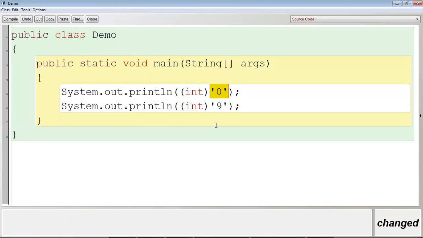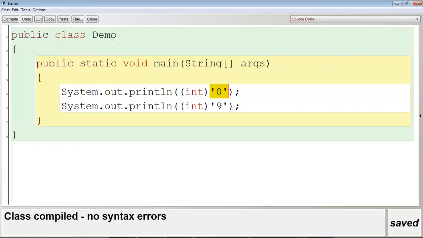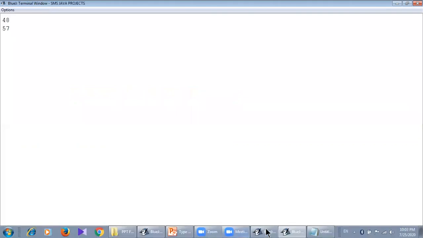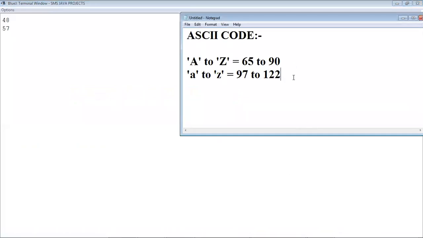Now control K and let me find the output. So it is 48 to 57, from character 0 to character 9.